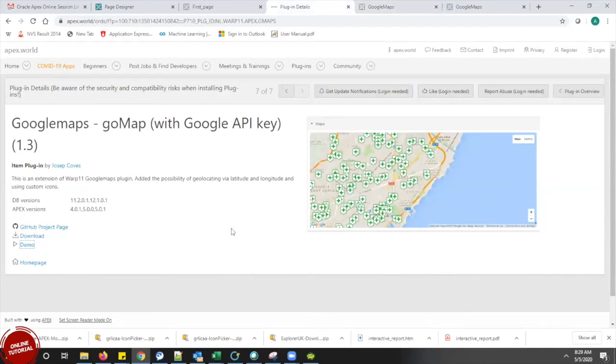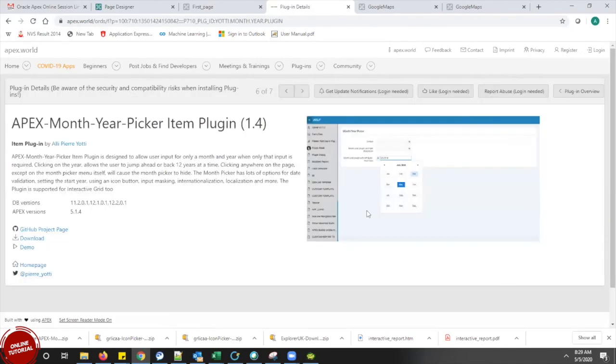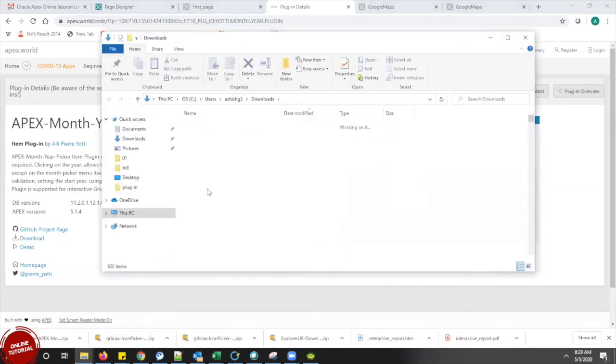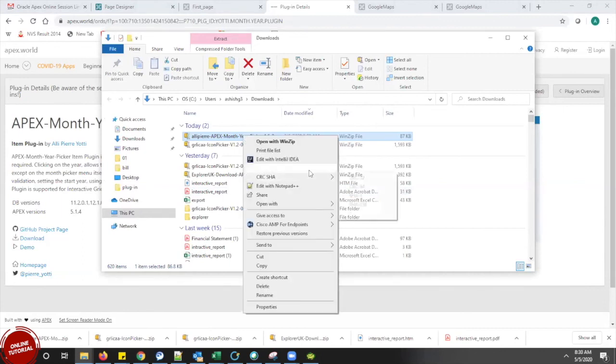Can we use this calendar? We have another plugin for calendar, actually. I have downloaded it, I guess. Let me go to that. Yes, this one, this is what I was talking about. Okay, let me unzip. This is the Apex month. Let me just unzip this one.